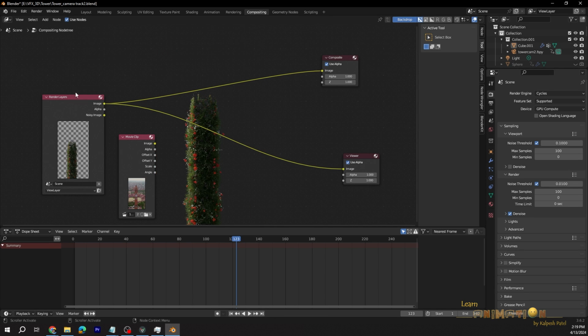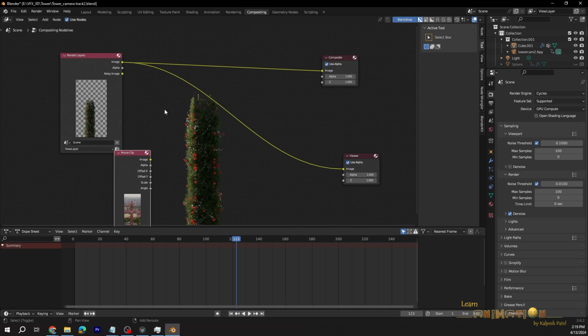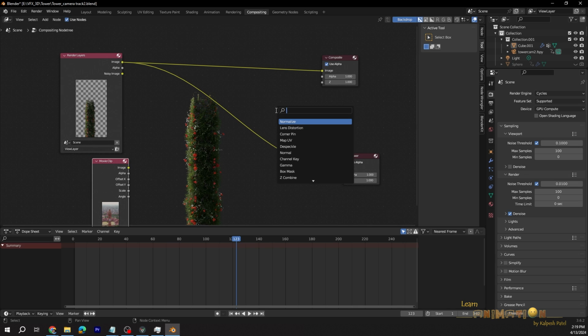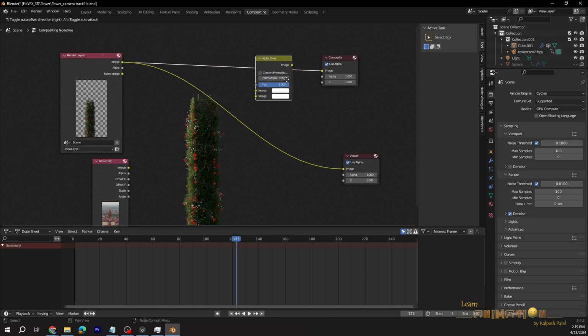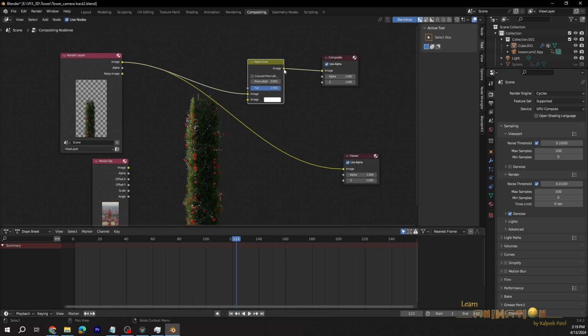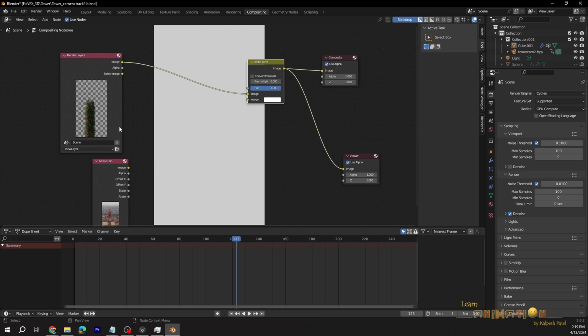For that we need to merge both nodes. We need the alpha over node, because this image has alpha and this is the movie clip, so we require the alpha over node. Search for the alpha over node, click on it, put it here into the composite node, connect this to the viewer node, and connect the image to the alpha over node.